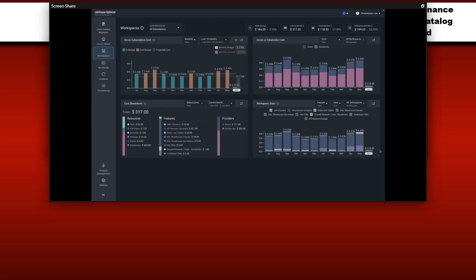Here in this workspaces view, there's a few additional deeper drill throughs that we'd like to highlight. We have the ability for folks to enter in their budget and their commit levels. They can do that from individual workspaces, or also see that aggregated all up. I'm looking at all of my Azure subscriptions currently, and I can quickly see at a glance which months I have Databricks usage that is in or over budget. I can also see what the projected cost looks like to make sure that things are staying within check.